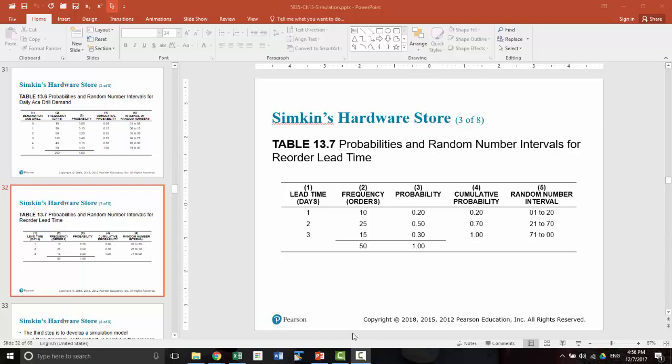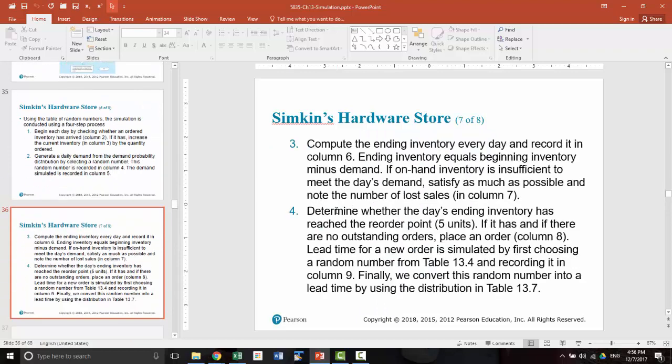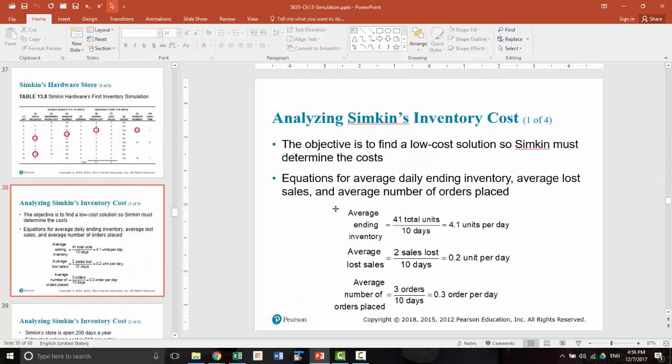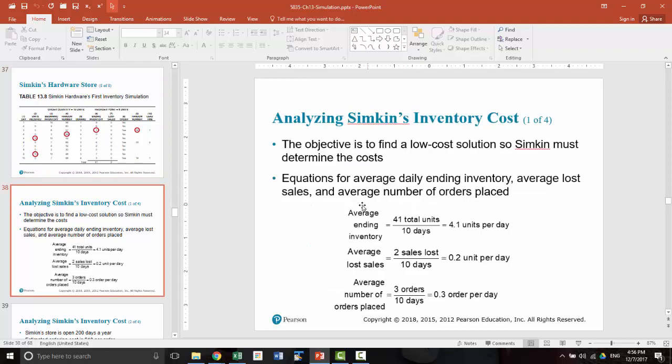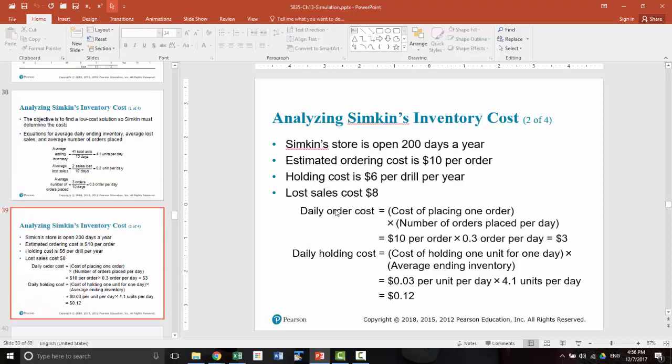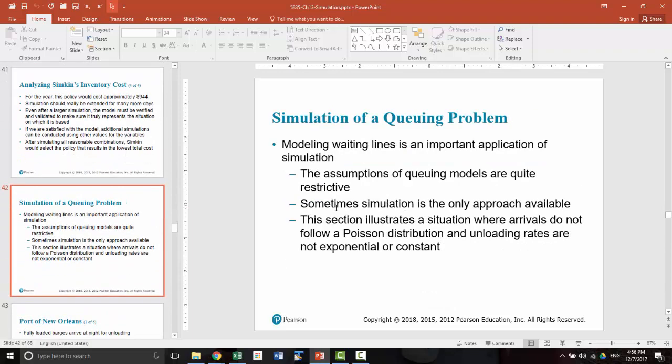Okay, now let's look at some real examples of Monte Carlo simulation. So we're going to skip the inventory model for a little bit because that's a little more involved when we set it up in Excel. So let's look at a simpler example first and then we'll come to the inventory model. Okay, so this is a queuing problem